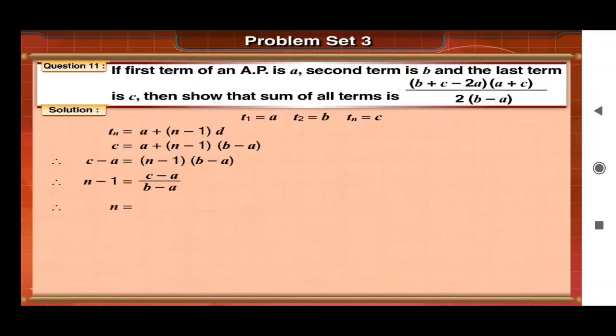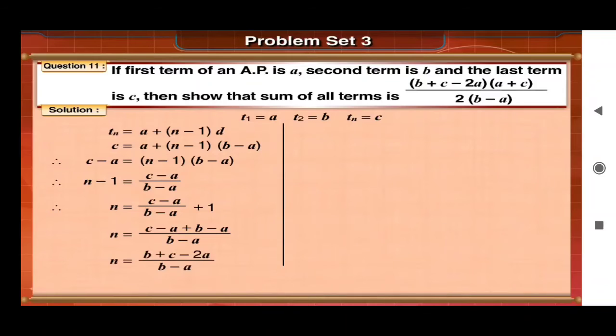Therefore, n is equal to c minus a upon b minus a plus 1, which is equal to c minus a plus b minus a, the whole upon b minus a, is equal to b plus c minus 2a upon b minus a. To determine the sum of all terms, we will substitute the given values in the formula of